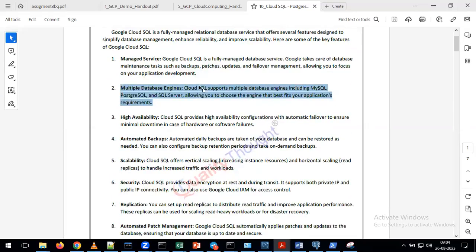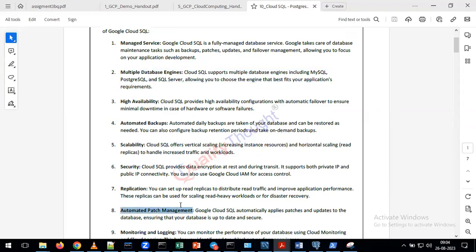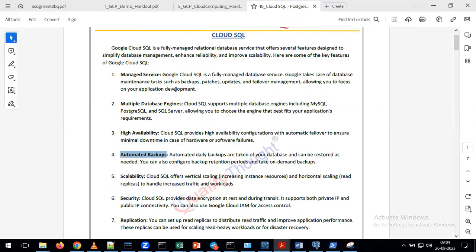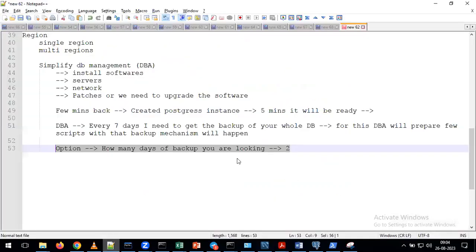In the same way, your Cloud SQL is going to automate the patch management. Your Cloud SQL is going to take care of automated backups, and like this, our Cloud SQL provides all these kinds of features. That's the reason whenever you want to work on any relational database, instead of using an on-premise relational database, we can use Cloud SQL on top of GCP. With that, you can manage all the relational databases depending on our requirement. Okay. Up to here, any questions or confusions, please ask me.